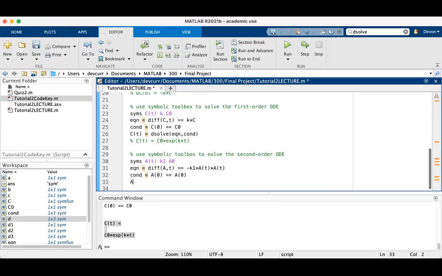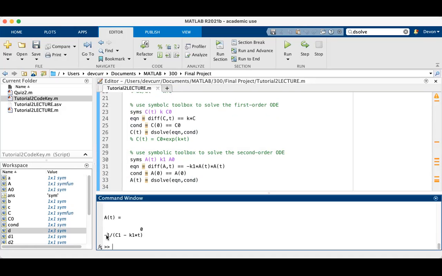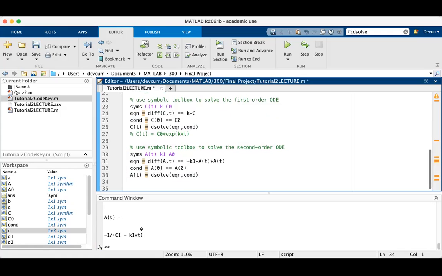And then a(t) is equal to dsolve equation. If we hit run, then it creates for you a new solved equation, which is a(t) is equal to -1 over